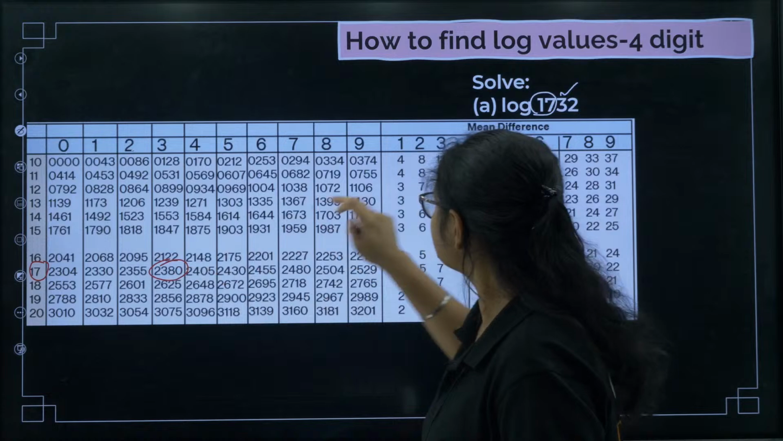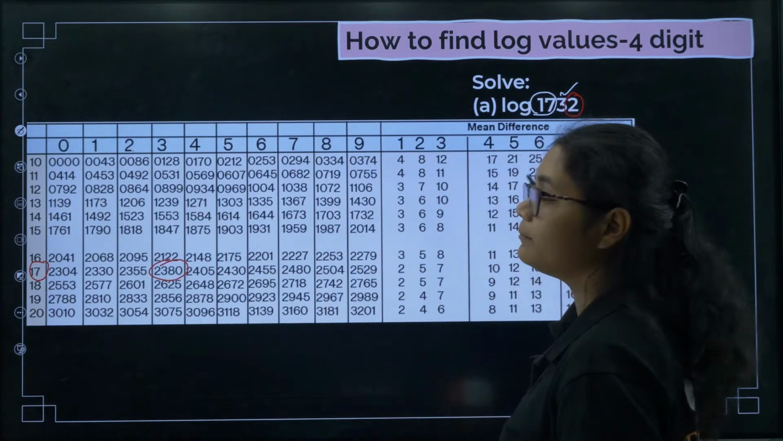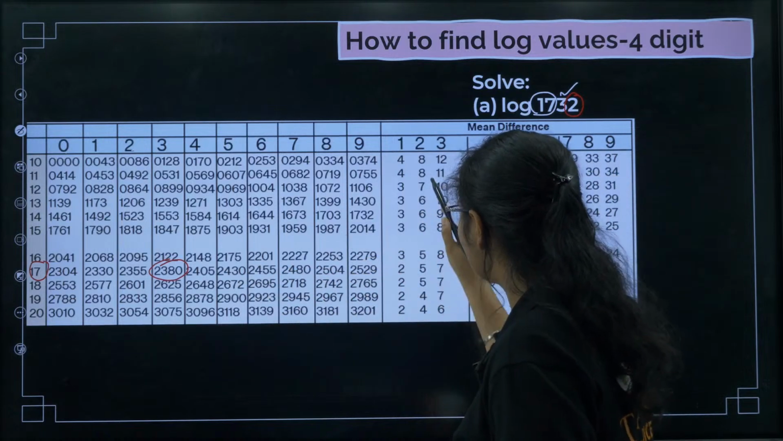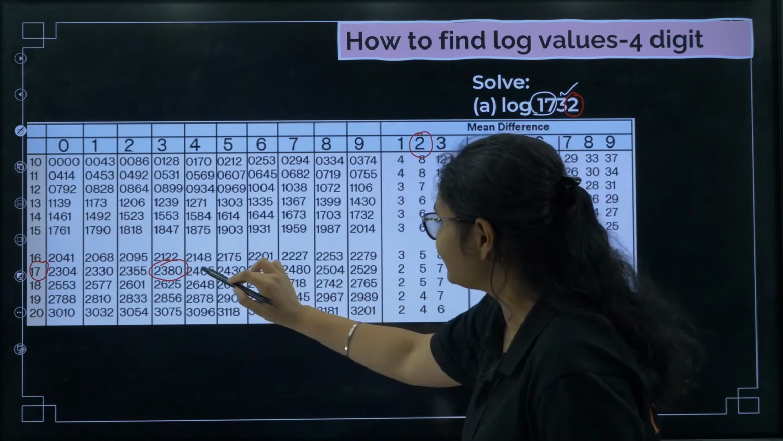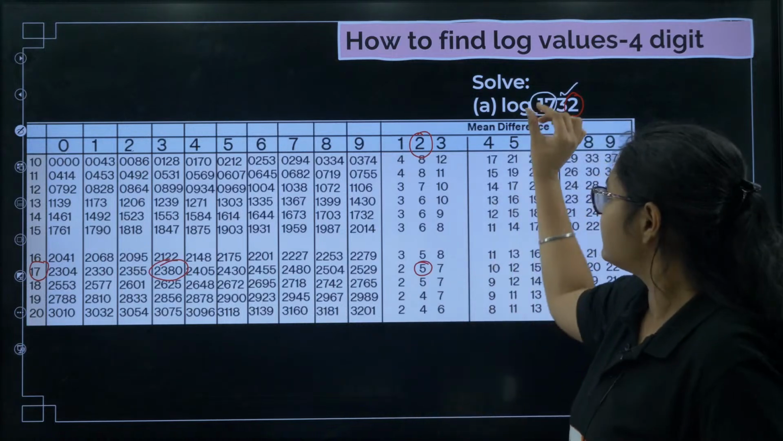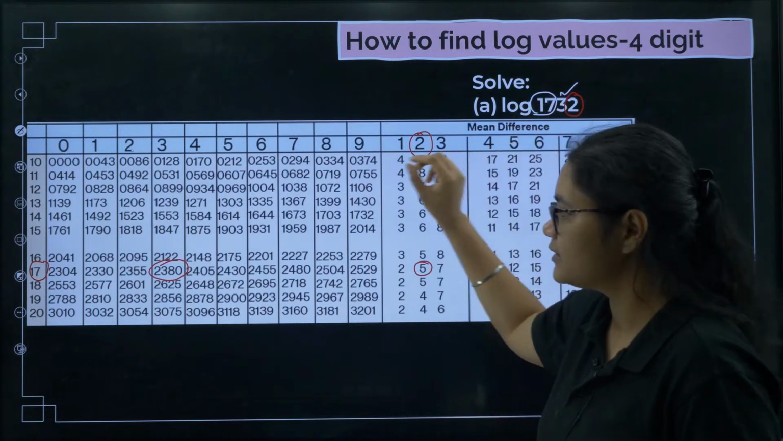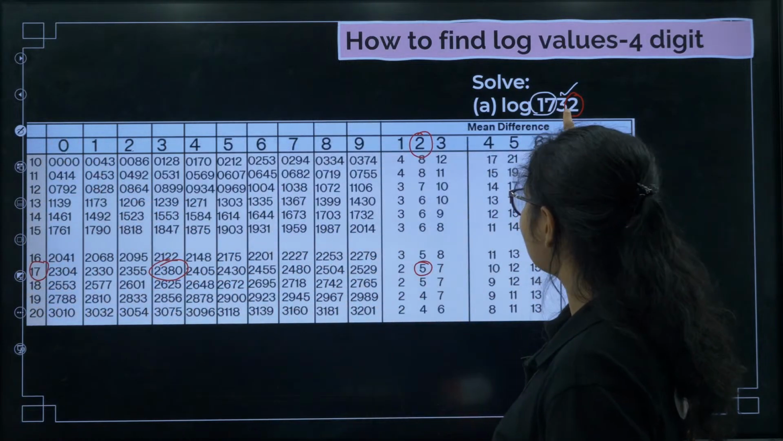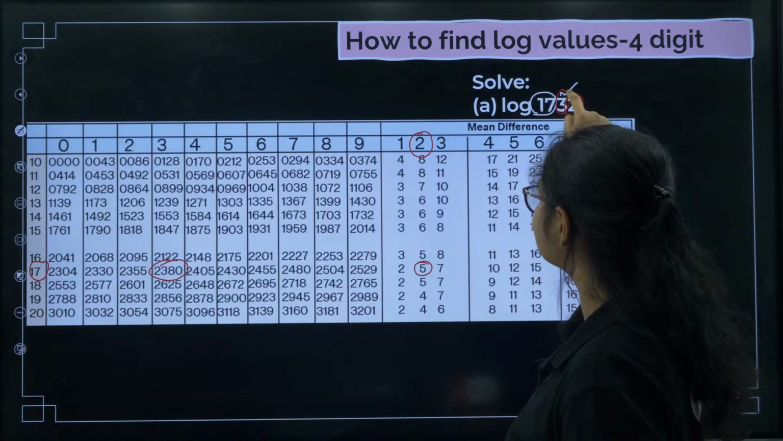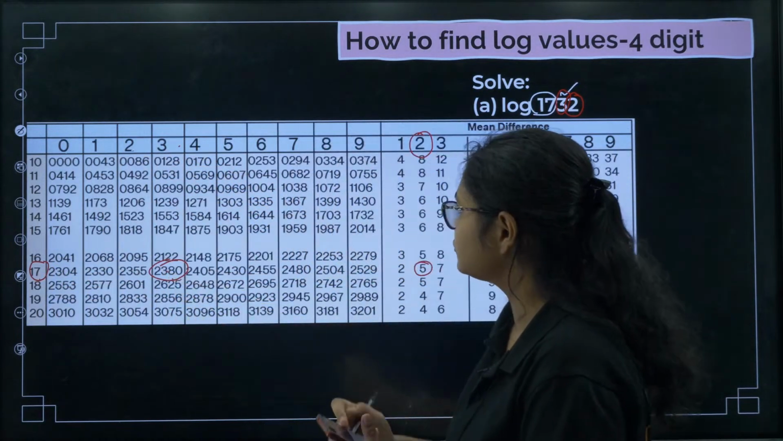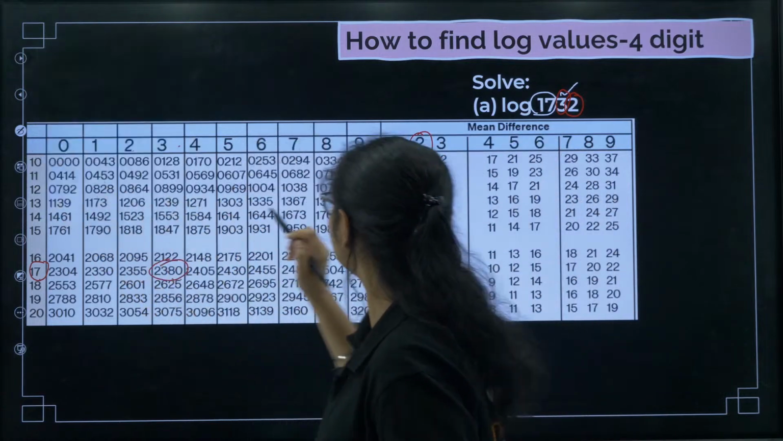Now what is the fourth digit here? 2, that is your mean difference. So you have to see at 2 in this particular row which number is there. Let me explain once again. First you have to check the first two digits, that row, then check the third digit. That is 17, here it is 3. So for 3 and 17, what is the number? 2380. So write it first separately,